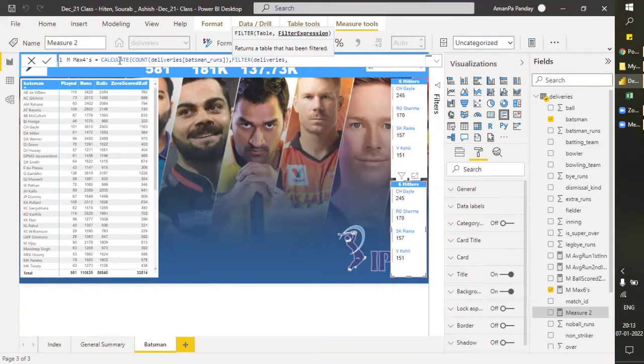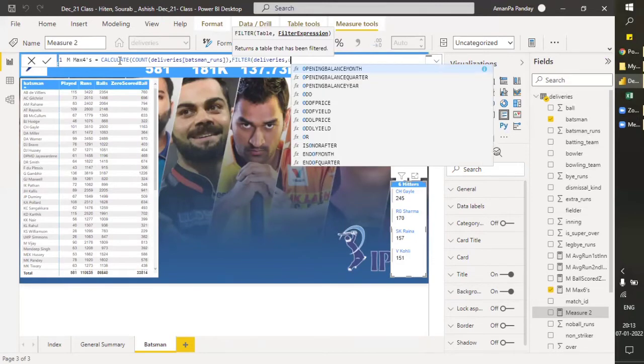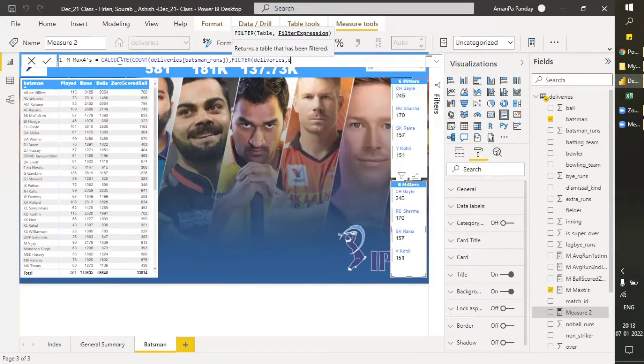Okay, so we have two conditions here. One is equals to 4, how many 4s, and there might be 5 as well. For example, on a no ball the batsman has hit a 4, so that one we are also taking into consideration. There are two conditions, so we'll be using or.